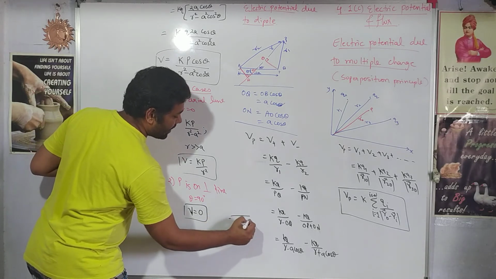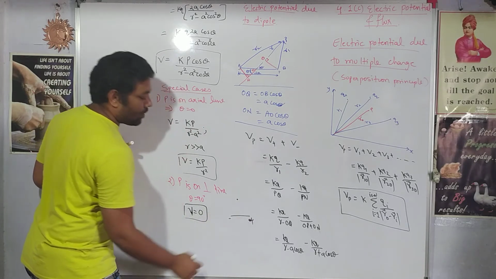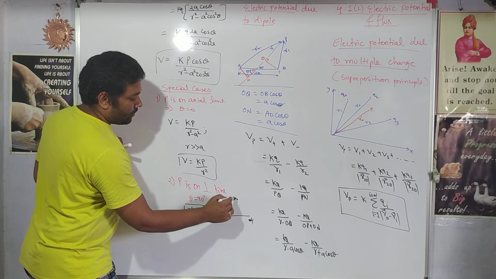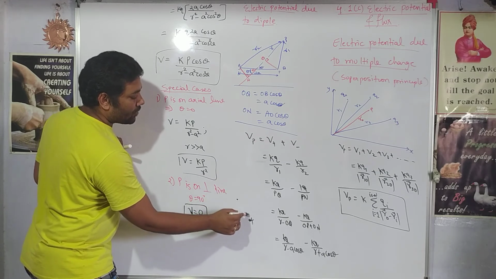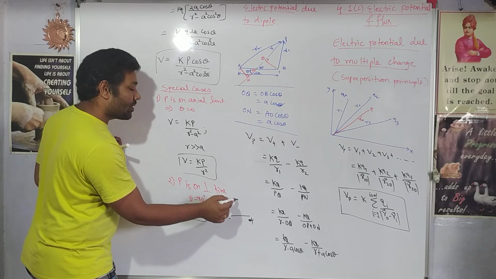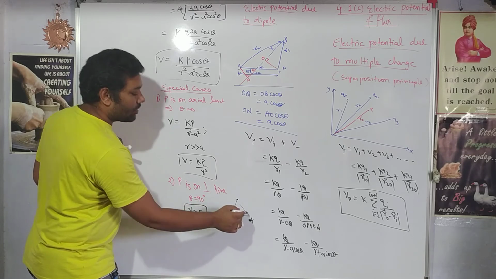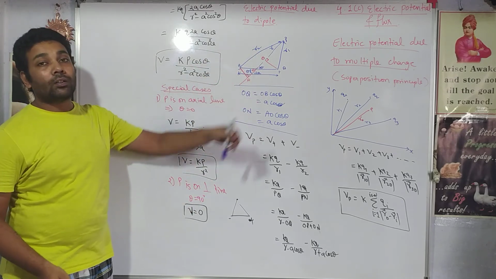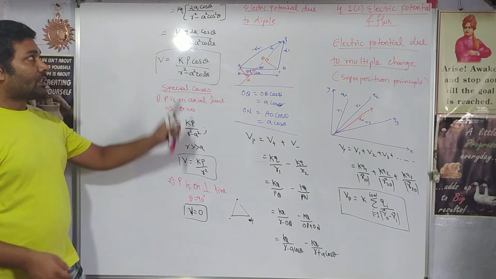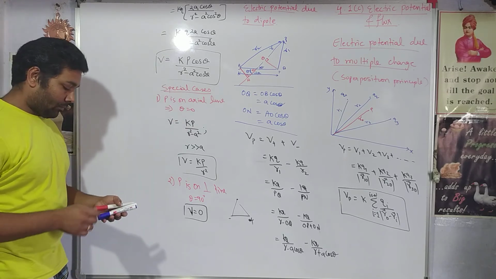Just simple, minus charge, this is the plus charge, and if I take point P, the potential here due to the negative charge will be negative in nature, and the potential due to the positive charge will be positive in nature. And since both are located at equal distance, they will cancel each other. Ultimately, the potential on the perpendicular line is 0. So that is the electric potential due to a dipole.